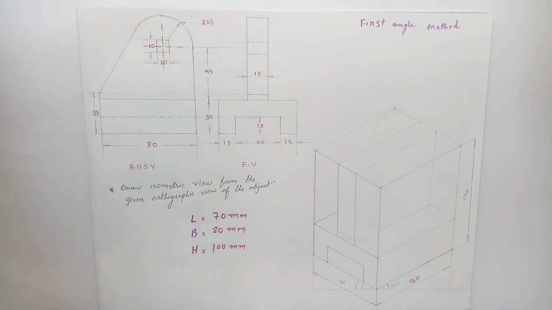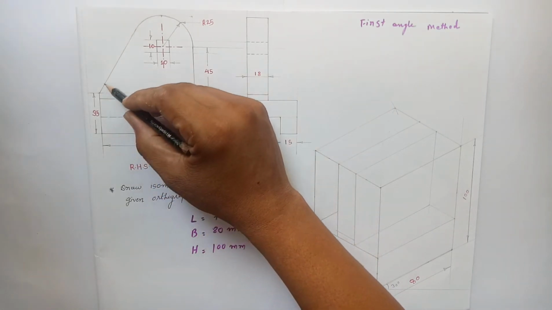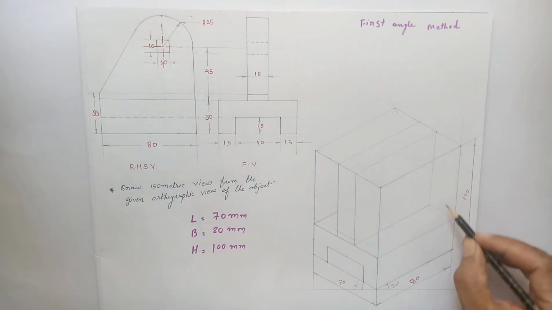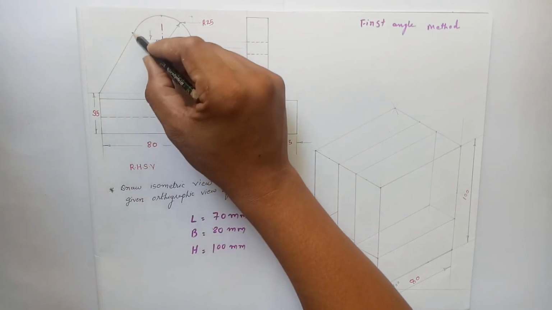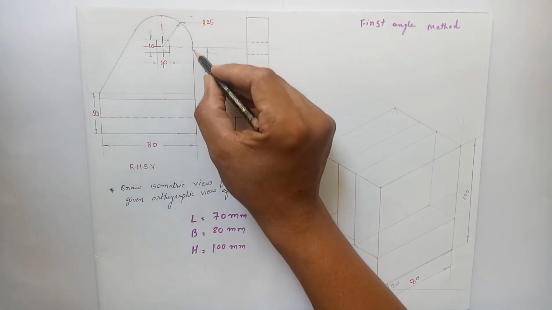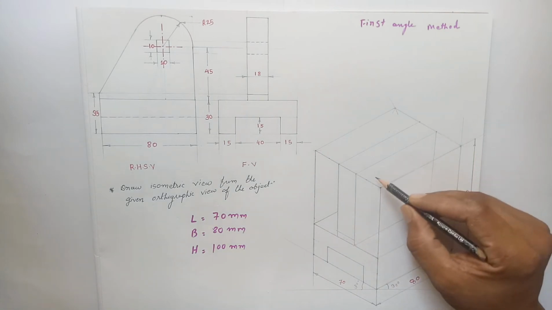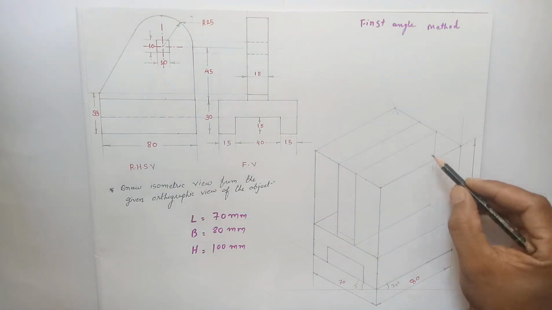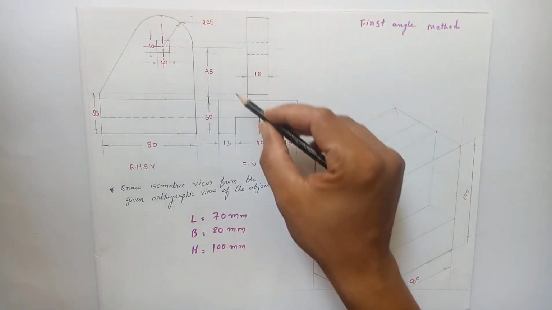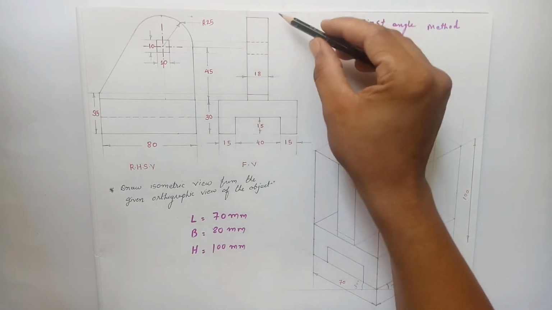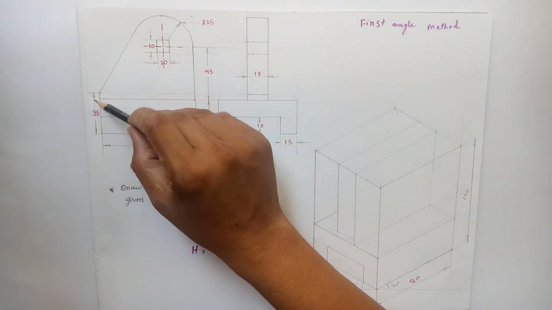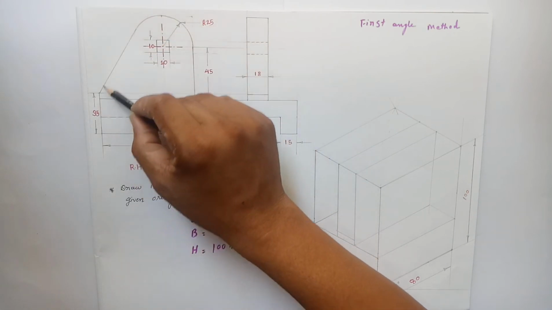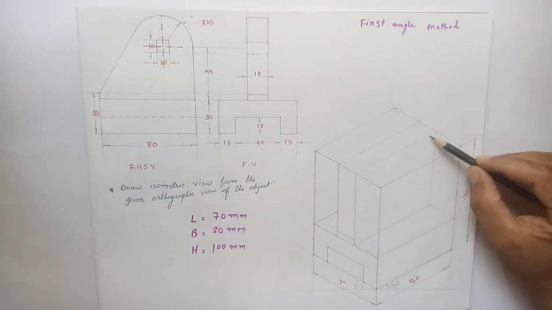So observing from the front view, we will see the object like this, but whenever we observe the right hand side, we can see that it is not a rectangular surface, it is an inclined surface, and it is a combination of the inclined surface and the curved surface over here. So here we have to draw a circle or arc, because this surface is not a view of the rectangular surface, it is a view of this part. So we have to draw this part. It is observed in the right hand side like this.